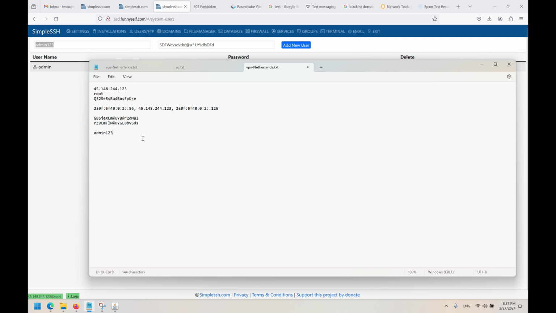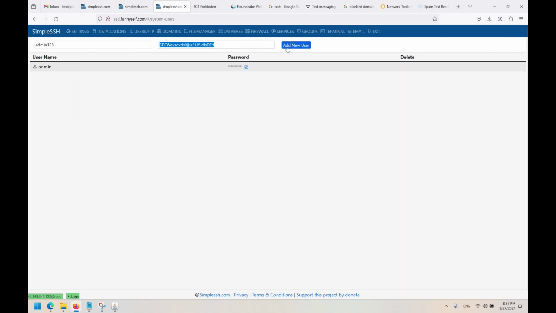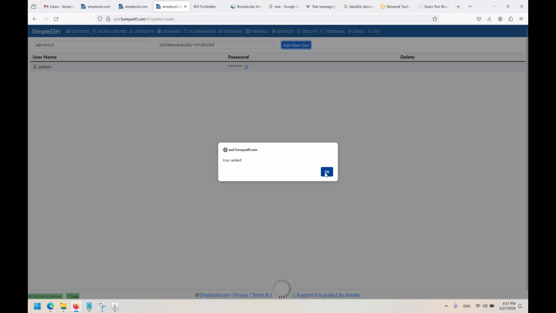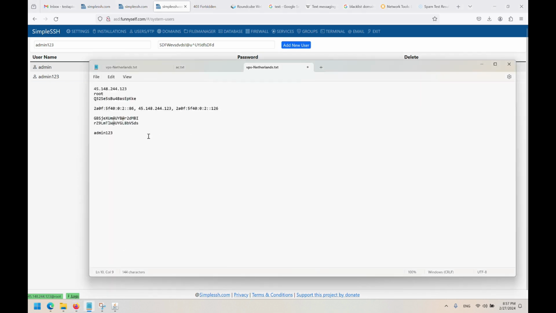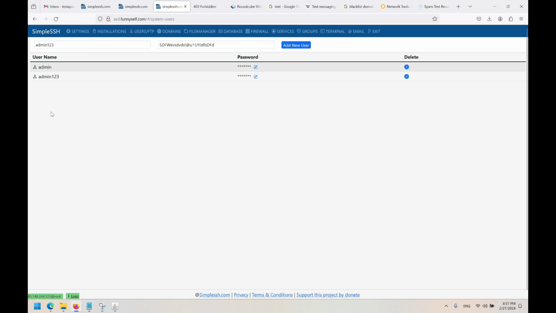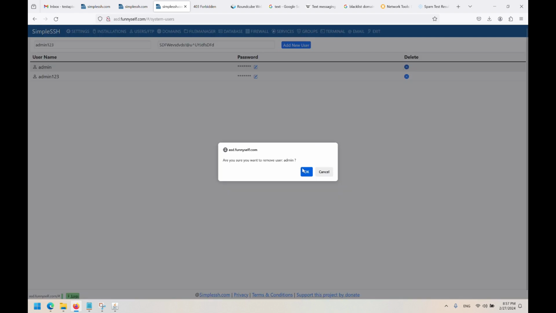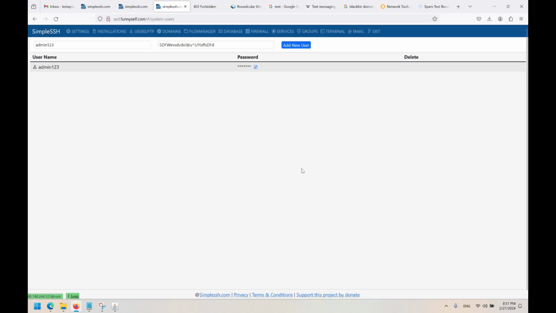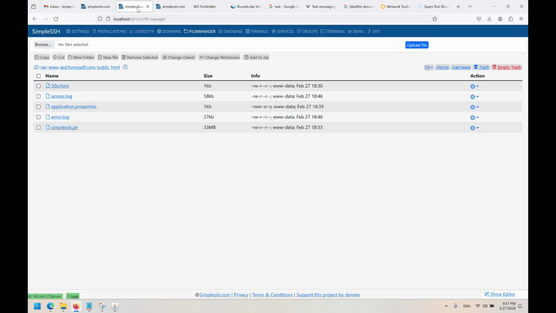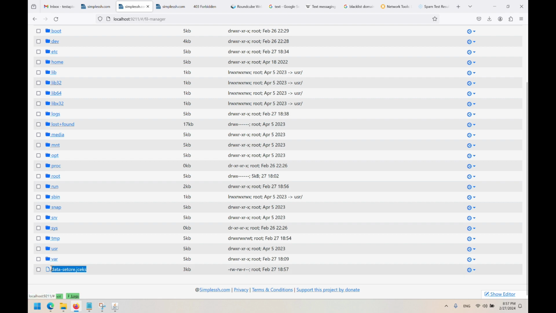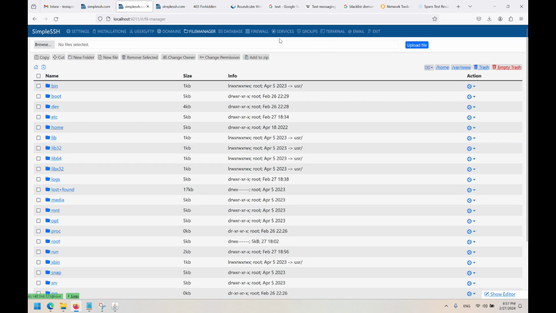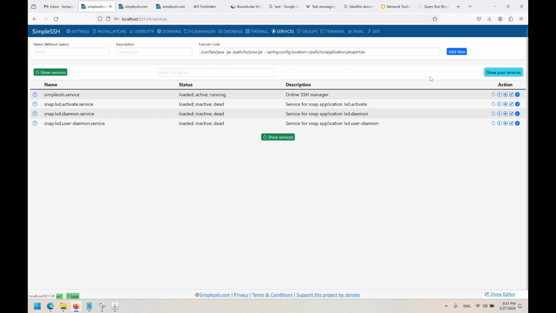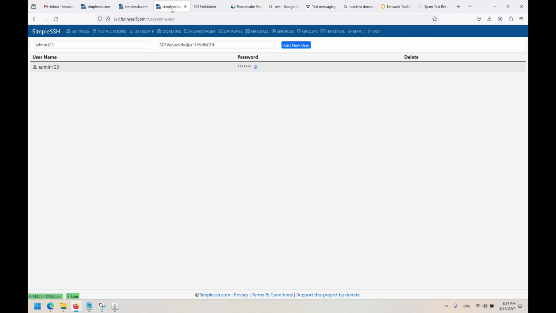Let me enter some kind of difficult password because this is online, so I need safety. Add. Okay. And let me save the password. Let me remove my admin user, and of course well,